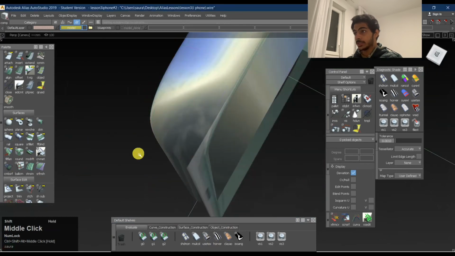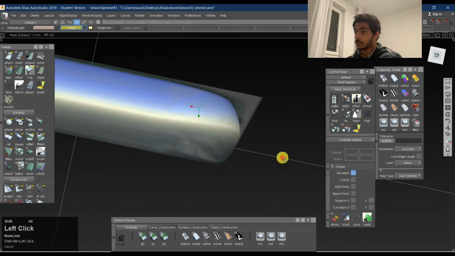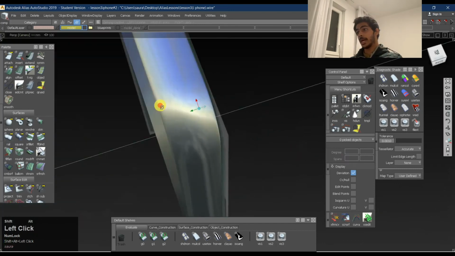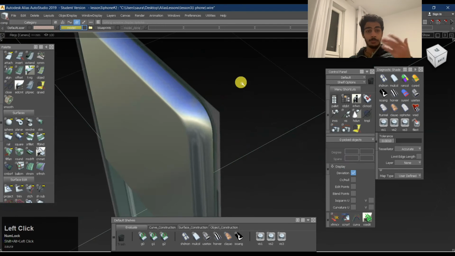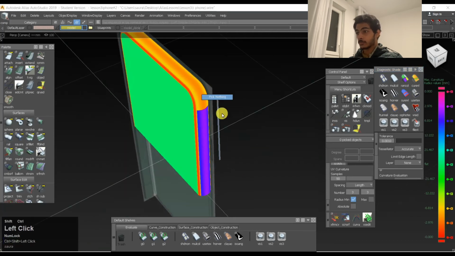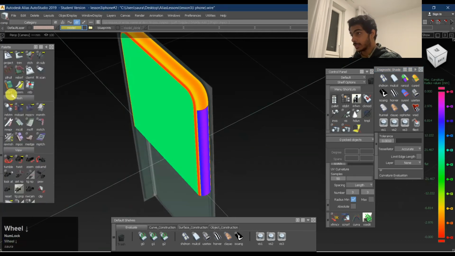That is what we wanted to achieve. This is what most of the people will be looking for once they are looking to hire you, or maybe working on Alias. This is the main thing that they are looking for. If I go over here and see the curvature analysis of this, okay, maybe the normals are not switched,